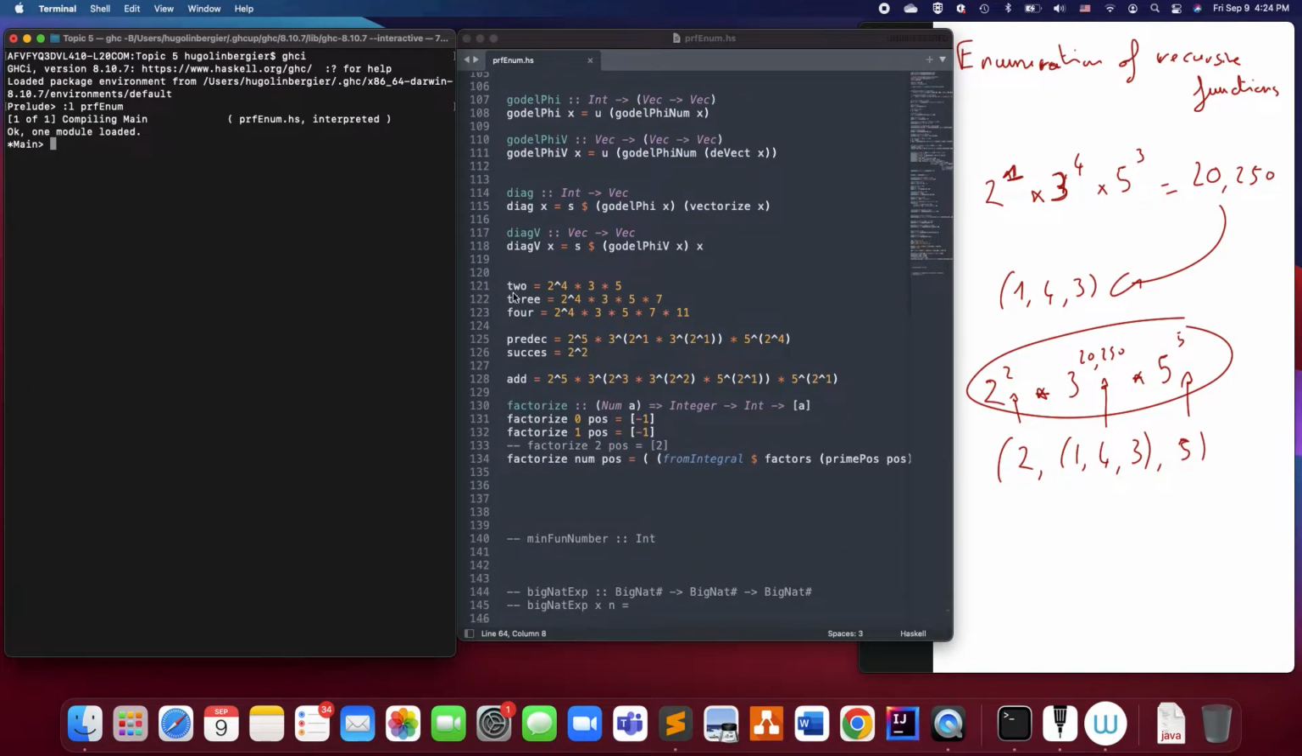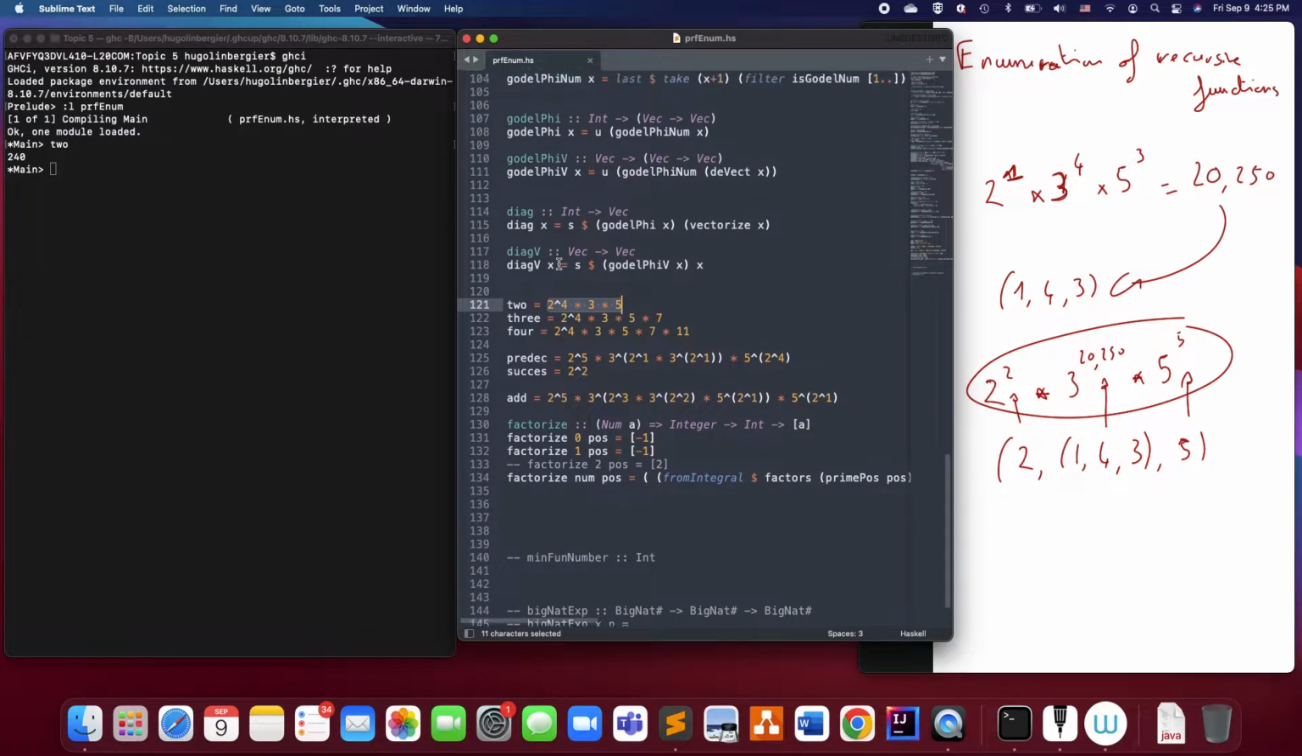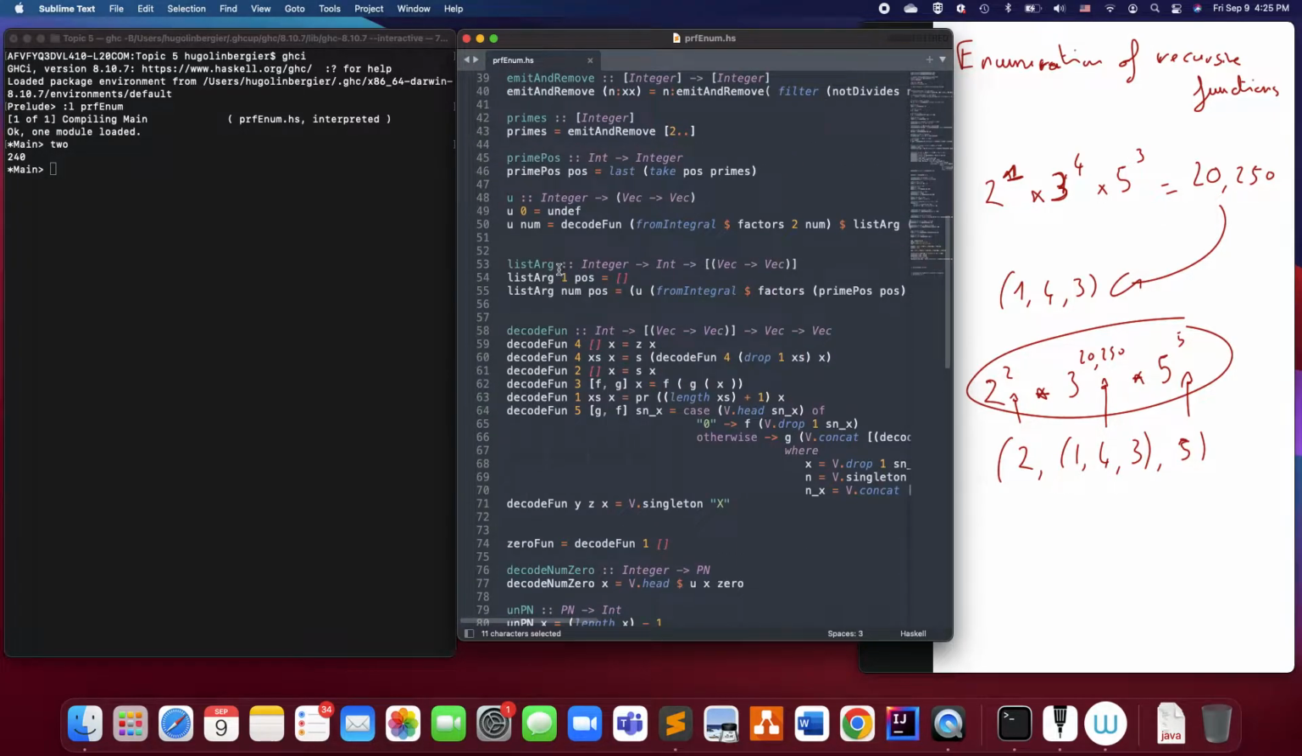I define here a few numbers. So for instance, the number 2 is 240, and so it's 2 to the power 4 times 3 times 5. So how does it work? Well, 2 to the power 4, you have to look here. That's basically your encoding table. So 2 to the power 4 is going to be